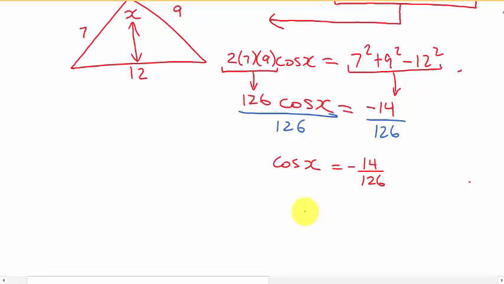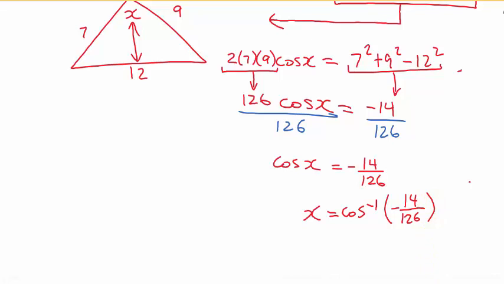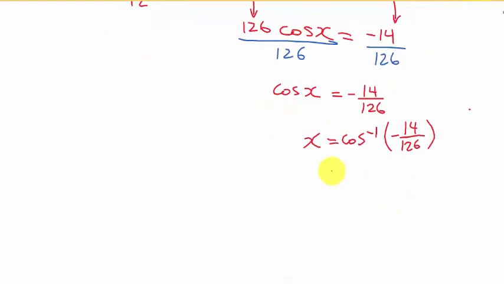So X is equal to cos minus 1 of negative 14 over 126. So this is x equals 96.38